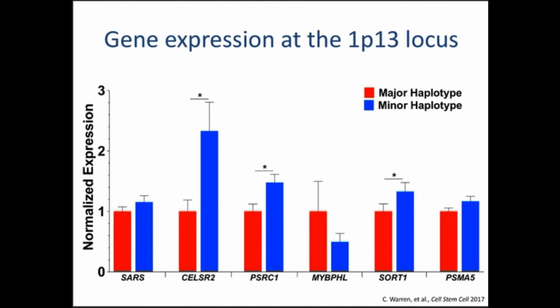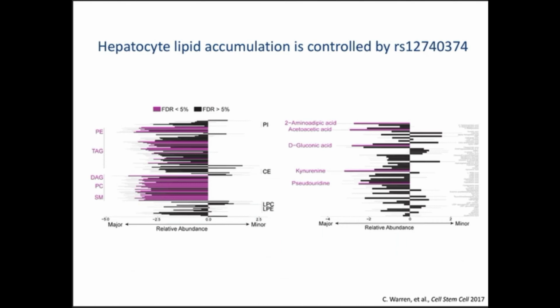Interestingly, though, things that we didn't expect happened. Even though there's a very mild change in terms of transcriptional level and the transcripts that are made, there's a huge change in the lipids that these cells now have in fat. So you've got an order of magnitude fold change in the way in which they're handling, creating, storing, and issuing lipids. And this is just a very sophisticated mass spec analysis of the lipid composition of these cells, and you can basically see that the triglycerides, the DAGs, a lot of the storage lipids, and even some of the phospholipids are significantly altered just by the alteration of the sortilin gene and probably some of the other machinery involved in lipid handling.